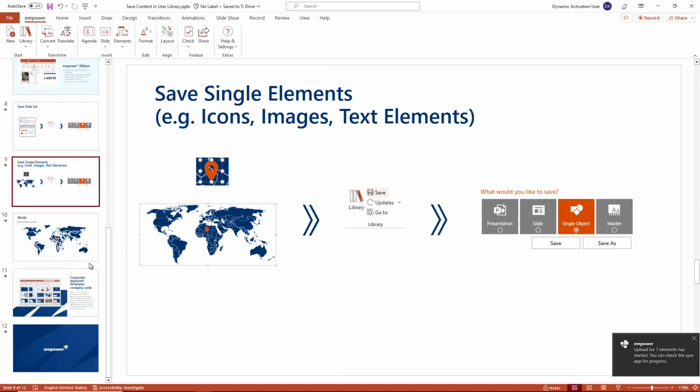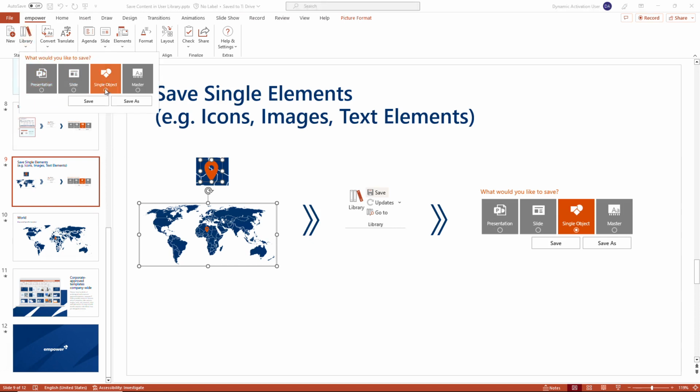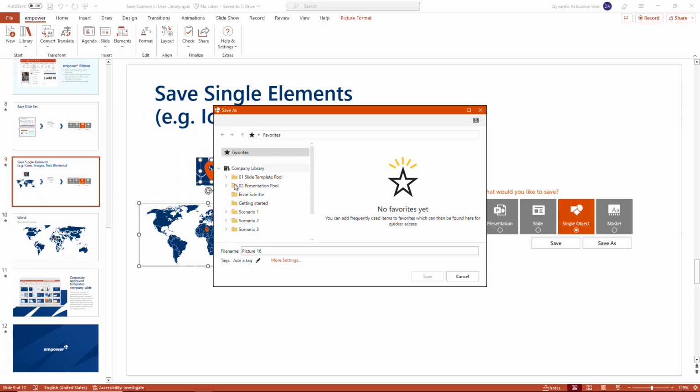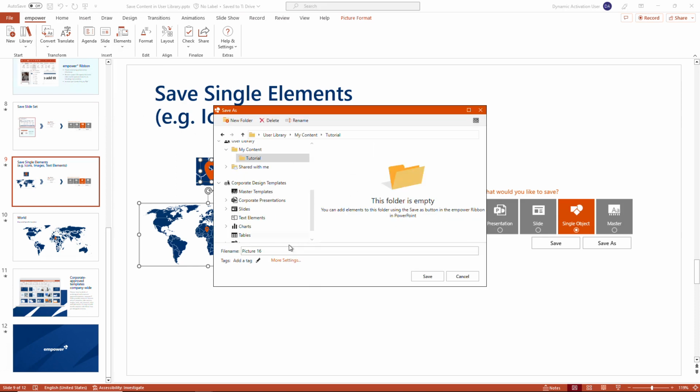I think it's getting clear how the process of saving contents you frequently use that you have customized according to your needs into your user library. We can also upload single elements into our own library by selecting this image, for example. We now have the single object data type, and we once again navigate to our folder,